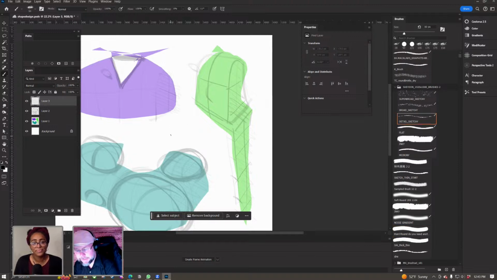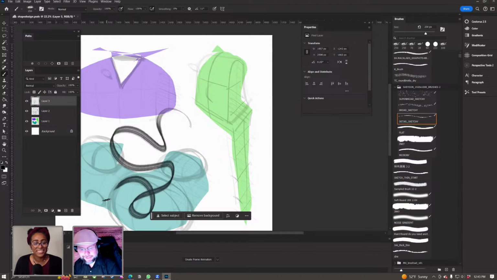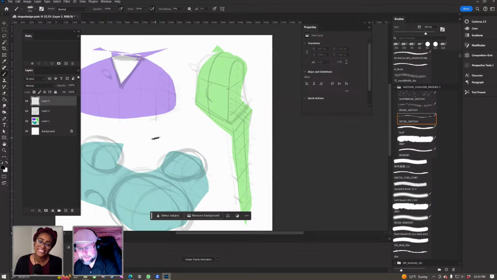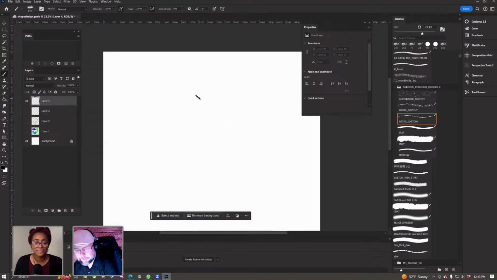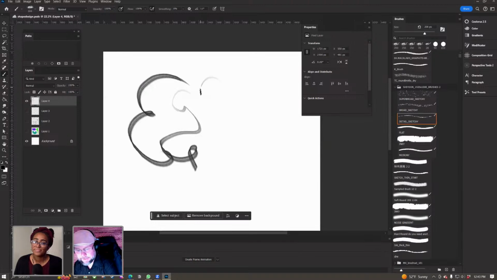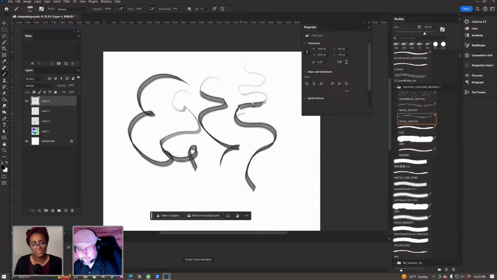Like some people like mechanical pencils, and that's all they buy. I just happen to like the way that this one, especially when you hit the flow and opacity, gives you these cool swoopy lines, right? But you can do that with any of this. And oh yeah, the other thing I want to point out with the swoopy lines, which is a different practice. So this is sort of just my bread and butter of making lines like this. And basically what I'm doing is starting really light and then I push down.